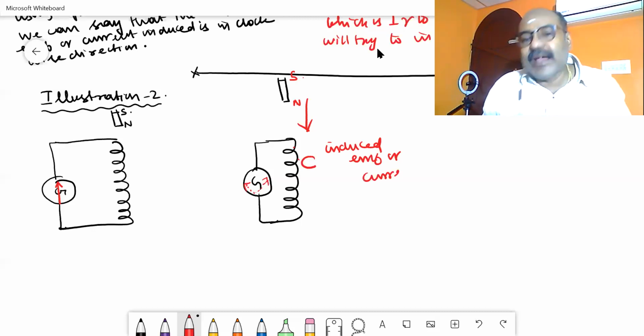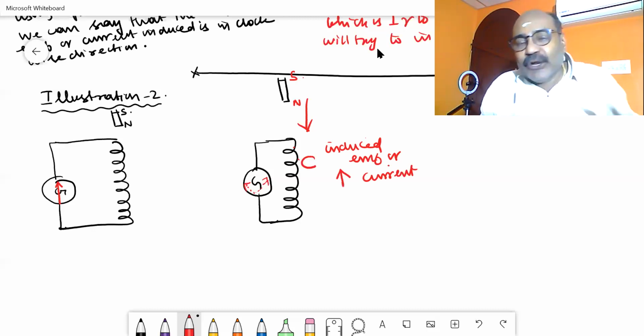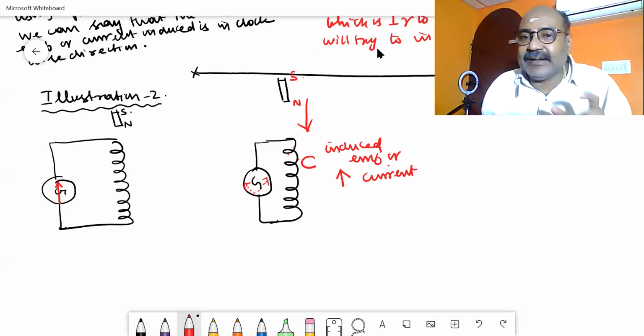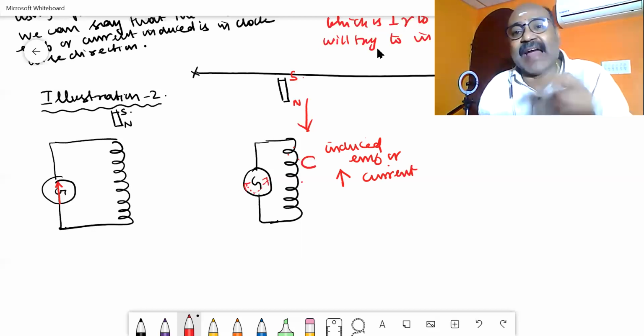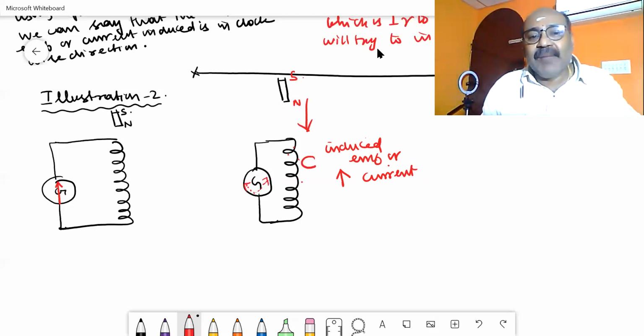This induced EMF or induced current will be opposing the change in the flux. Due to this induced EMF or current, the coil will be acting as a magnetic dipole. Because of this induced current or EMF, this coil will develop a magnetic field,